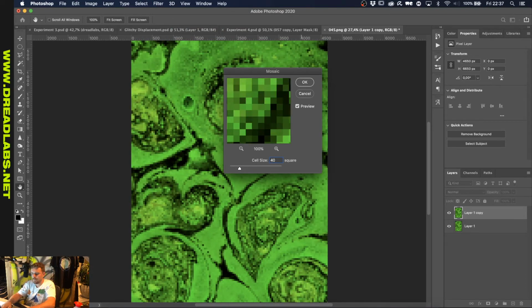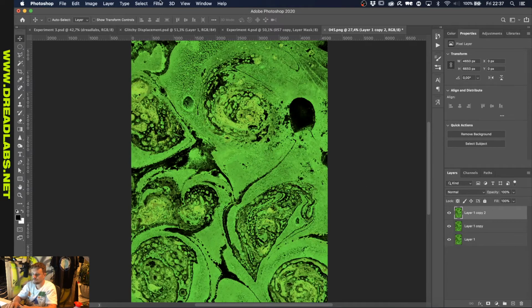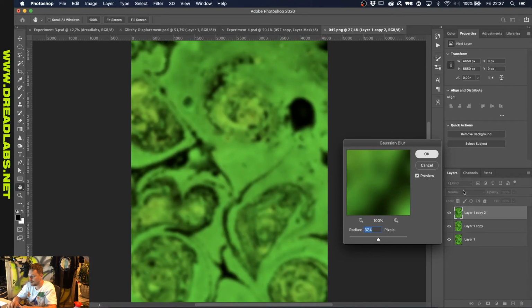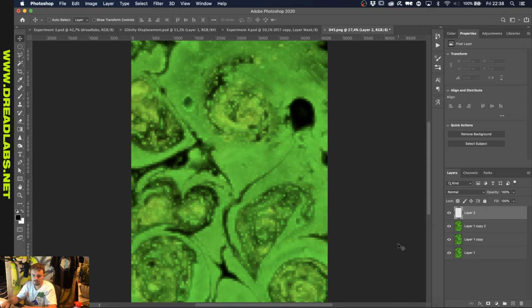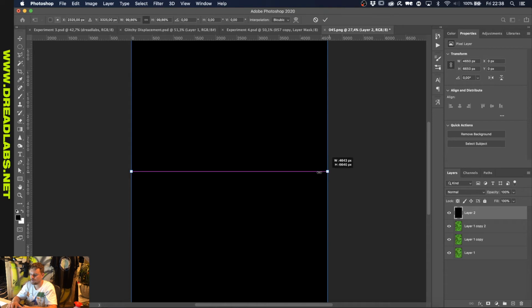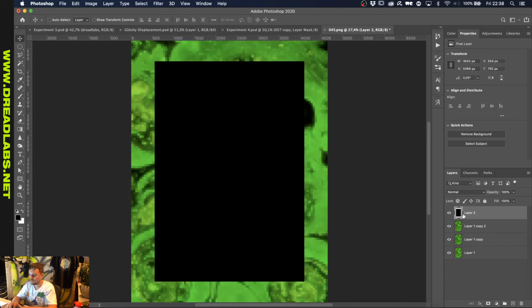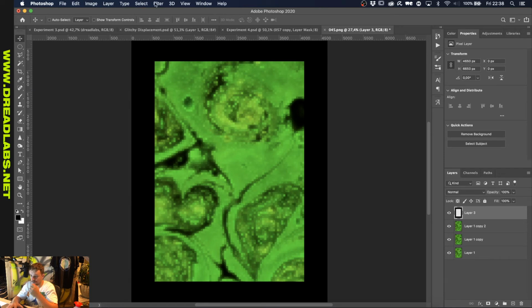So I want to pixelize this a bit bigger, let's say, and then see what happens if we take the normal one and then blur it. Like this. And then put it on lighten. Yeah, this is exactly what I was looking for. So let's add a vignette. Yeah, definitely, man. So let's see. All right, and then